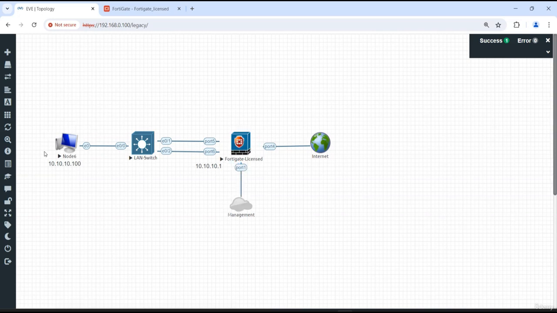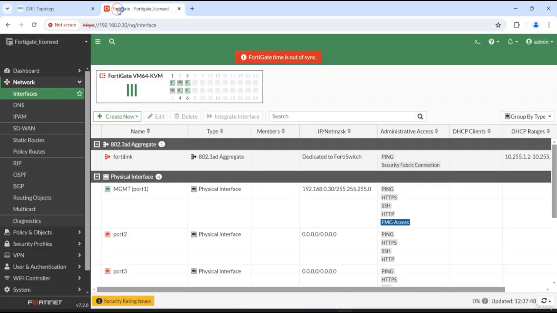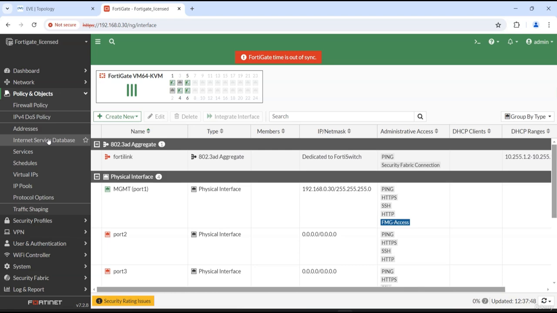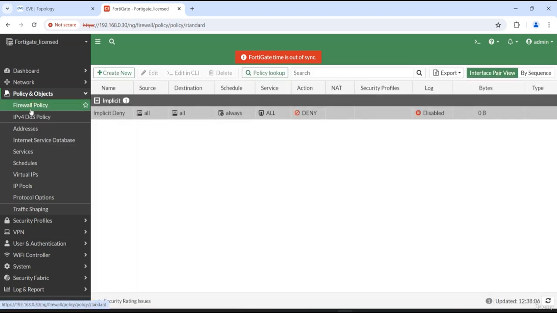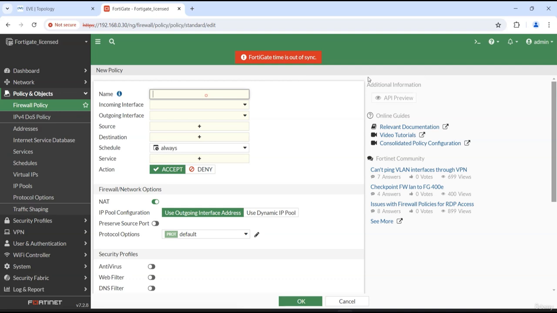But if you want to reach from here to the internet, you want to have a valid firewall rule to allow the traffic, right? So I'll just go back to the firewall. We'll create one firewall policy here. With this option, I'll create a new firewall policy. I'll mention it as